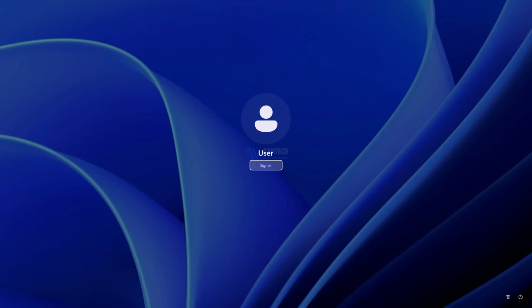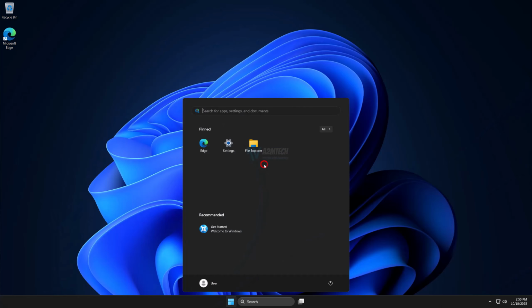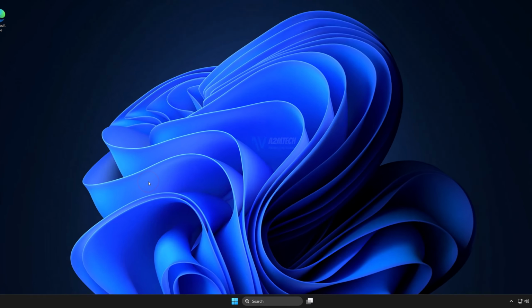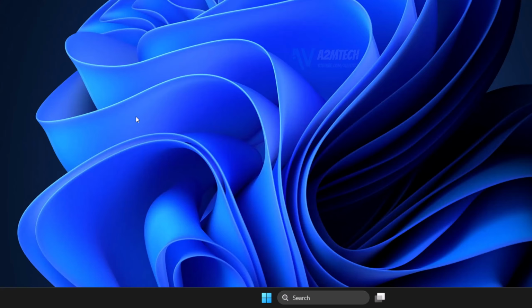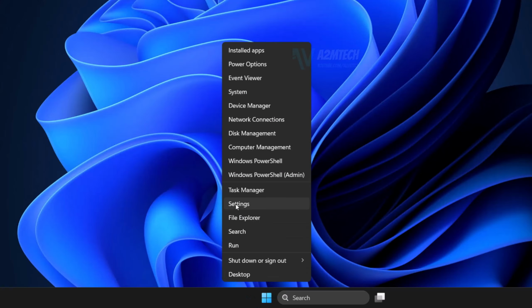Hey guys, today in this video I will show you how we can add a password to the lock screen in Windows 11. So if you see here on my computer, I can sign in without any password right now. So to add a password, the easiest way would be to right click on your start menu and click on